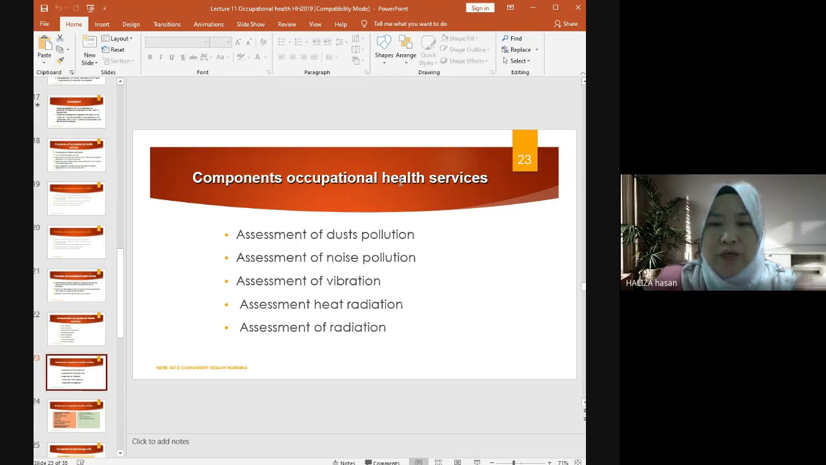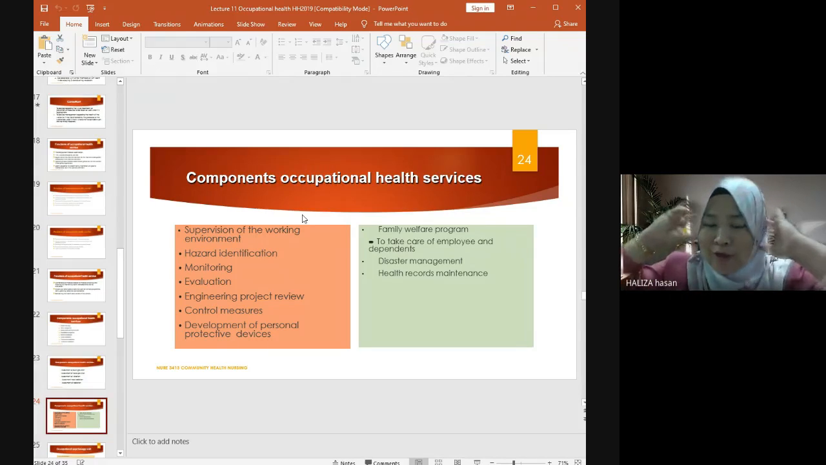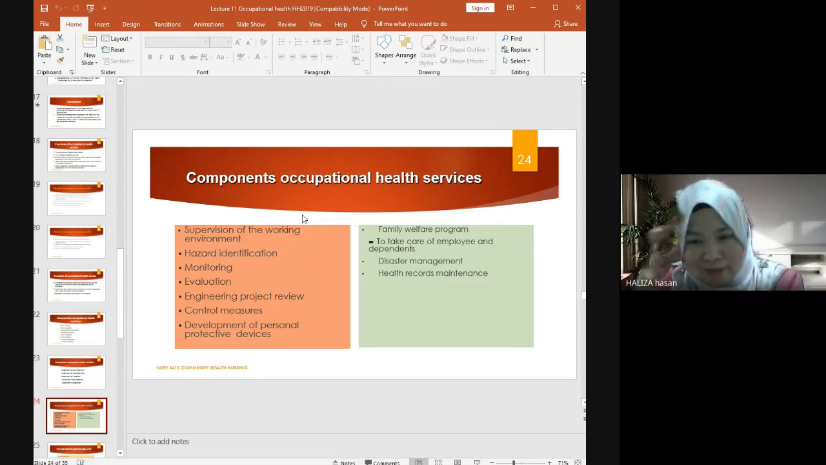Okay, components of occupational health services: assessment of dust pollution, noise, vibration, heat radiation, and also radiation. So the occupational health services are responsible to supervise the working environment, hazard identification, monitoring, evaluation, engineering project review, control measures, and development of personal protective devices. For example, people working in an airport have to wear hearing protection because of noise,